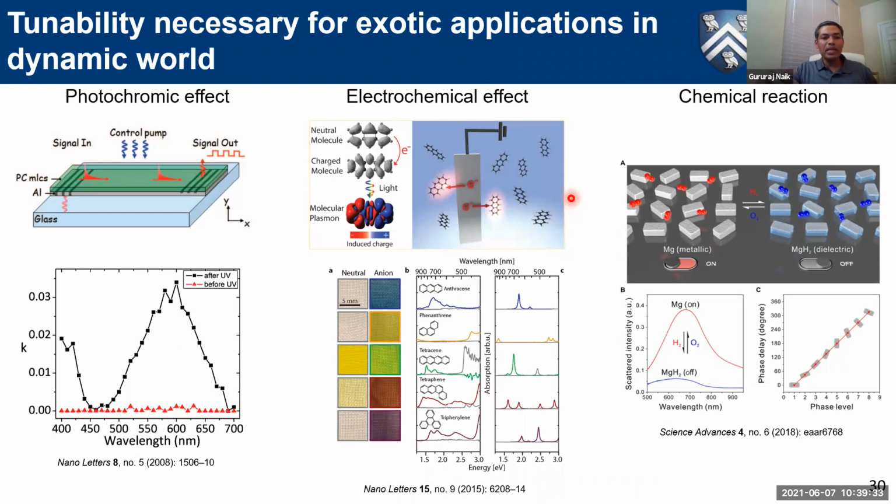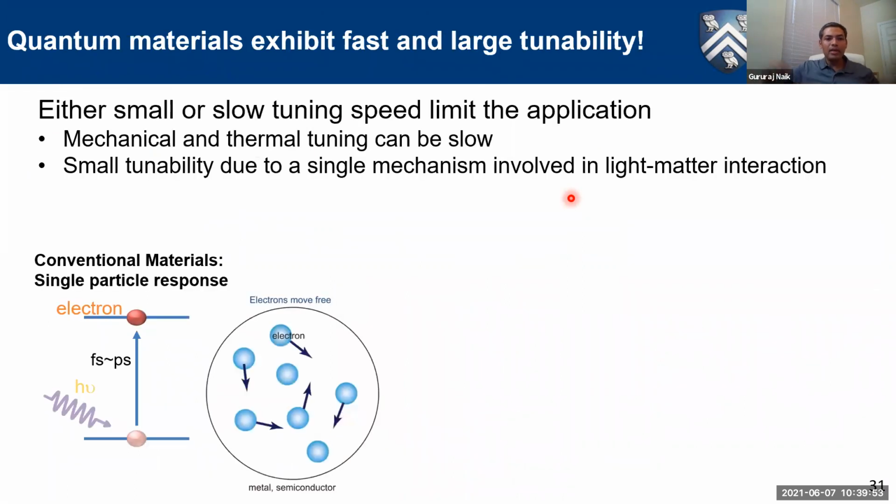And then from chemical effects, you have the photochromic effect, like changing the chemical composition of the material, or the electrochemical effect, where applying an electric field changes the chemical composition, or you can also have a chemical reaction, which totally changes the material and changes the optical constants. If you look at all these approaches from a bigger picture, they are either very slow. For example, with MEMS, you cannot get speeds like megahertz. Currently, if you buy, for example, DMDs, the state-of-the-art MEMS devices, you have speeds less than a kilohertz.